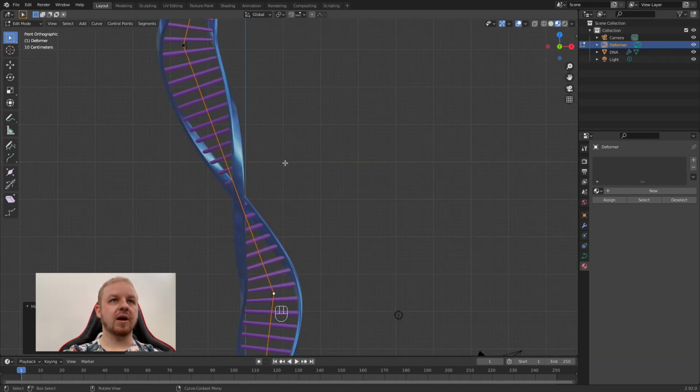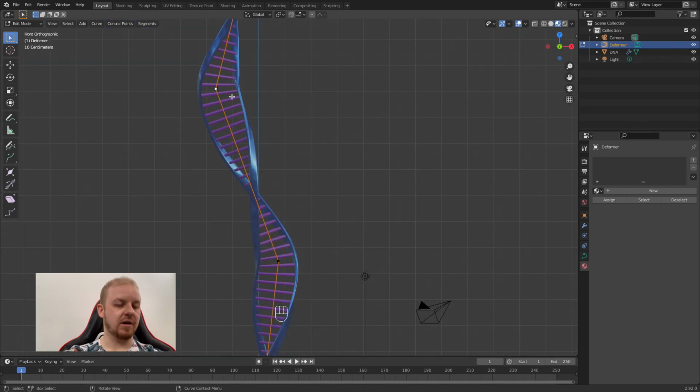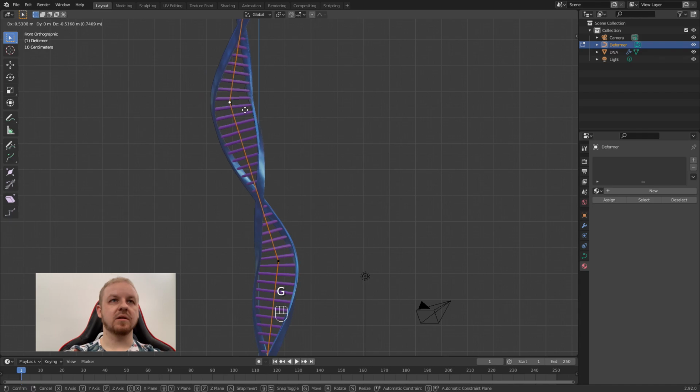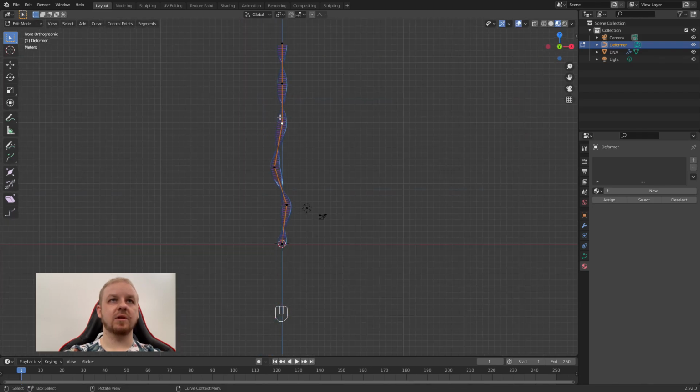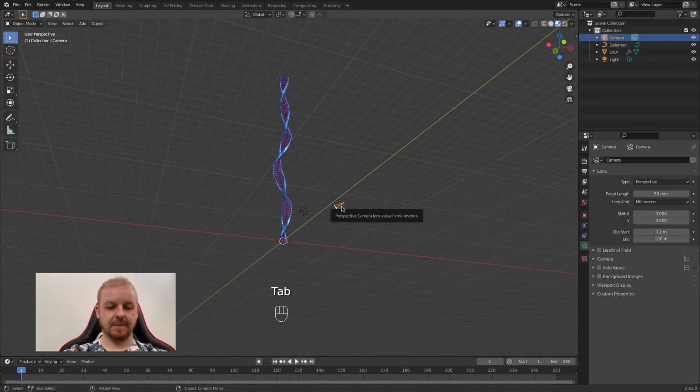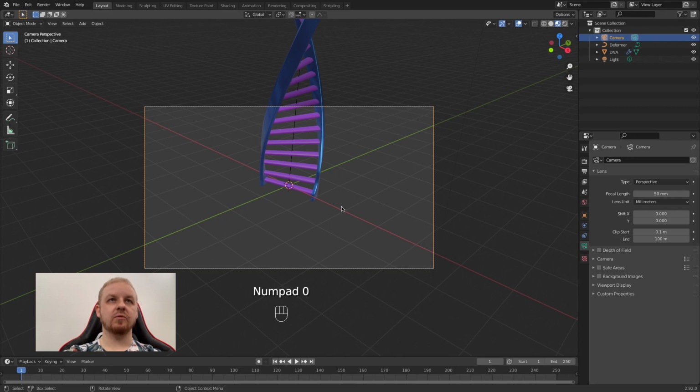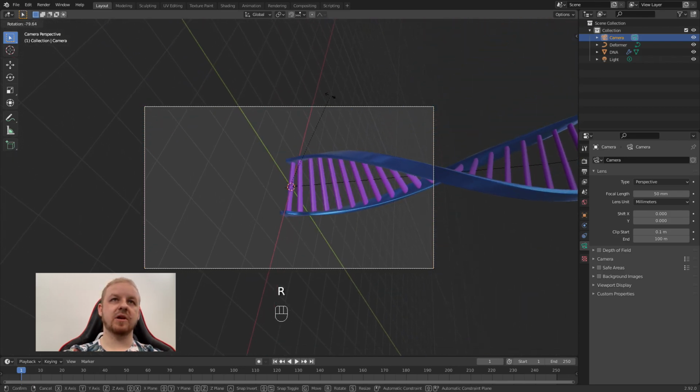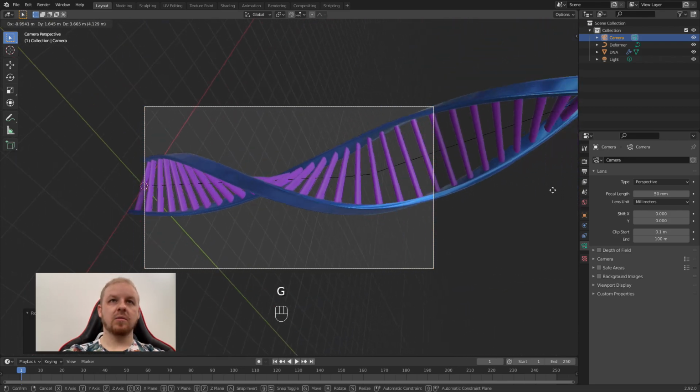Just don't go too crazy to avoid some too strong deformations, but otherwise just play with it a bit. Okay, I don't know, something like that. Let's see. Okay, camera, and what we want to do now, let's maybe rotate it like this, move it a